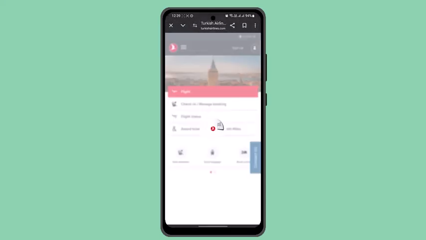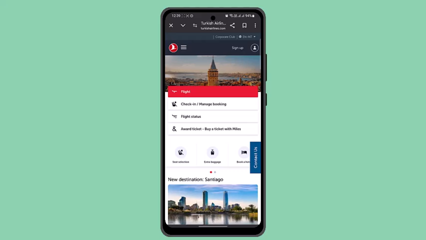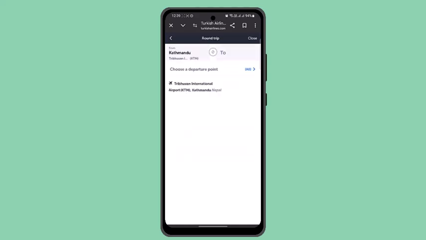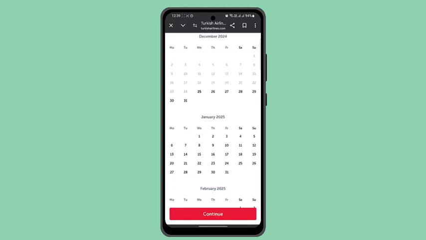Next thing, you'll be able to see this sort of page. So here you go ahead and click on flight. Now here you want to go ahead and select whether it's one-way, round trip, multi-city, or stopover in Istanbul. Now select one way, let's say according to it, and I'm gonna go ahead and type in my destination. So this will be my destination, and next thing you want to do is choose a booking and click the